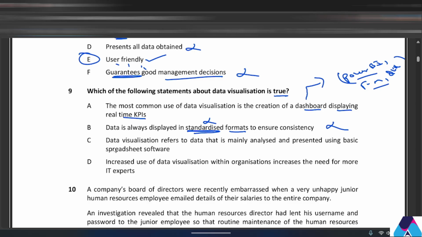Part number C says data visualization refers to data that is mainly analyzed and presented using basic spreadsheet software. So like I said, you can actually use dashboards. Dashboards are Power BI, Qlik, and all these things. You can use them to present your data, and that is also counted as data visualization, because you are converting them into high standard charts, trend lines, and bar charts, and whatever, right? So they're saying that you can only do that using spreadsheet software. So that's